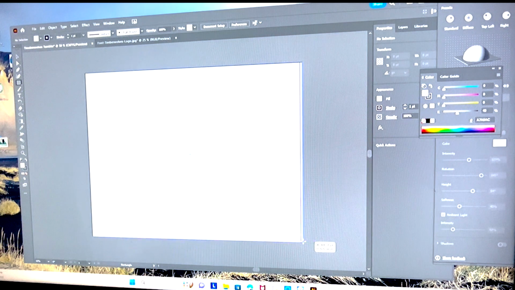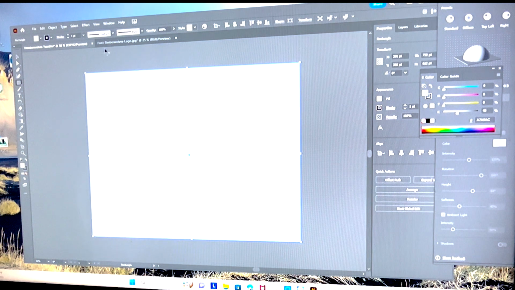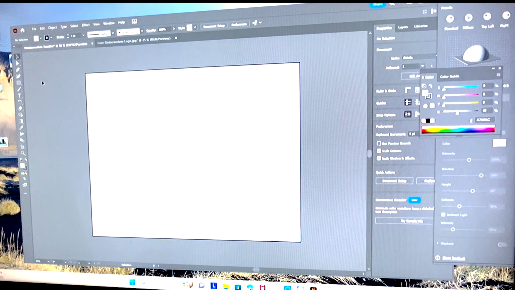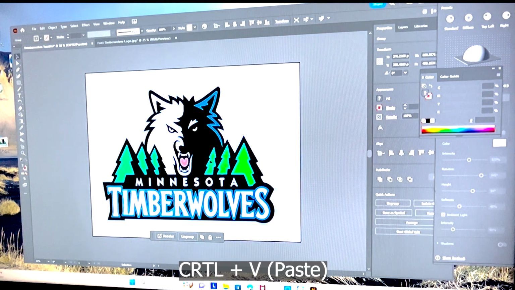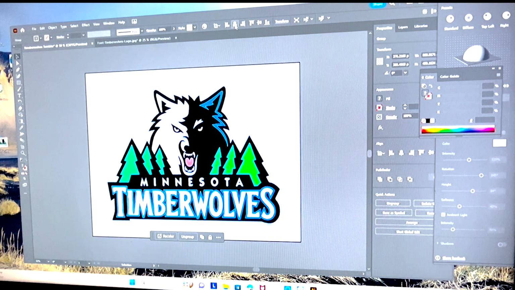Make me a nice little rectangle here. Cover up the whole box, and I'm going to Control V to paste that Timberwolves logo right there,